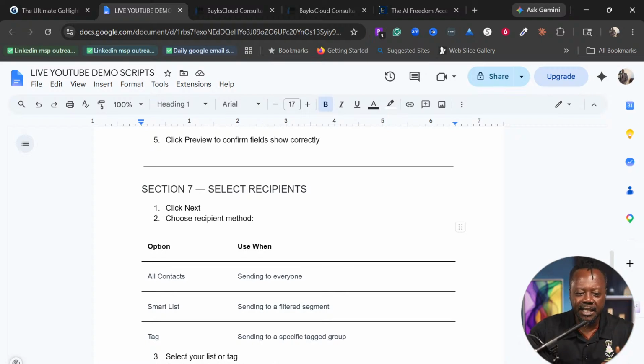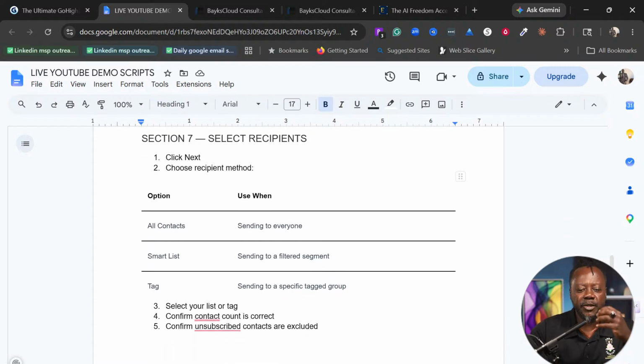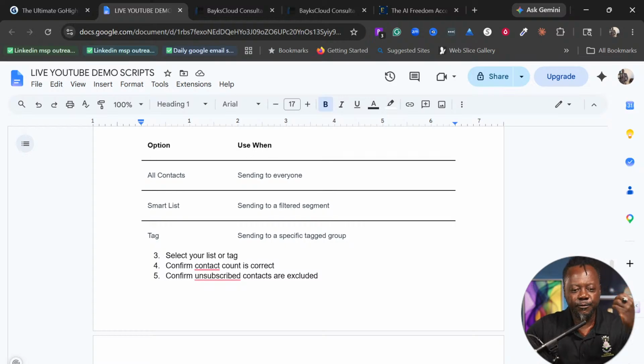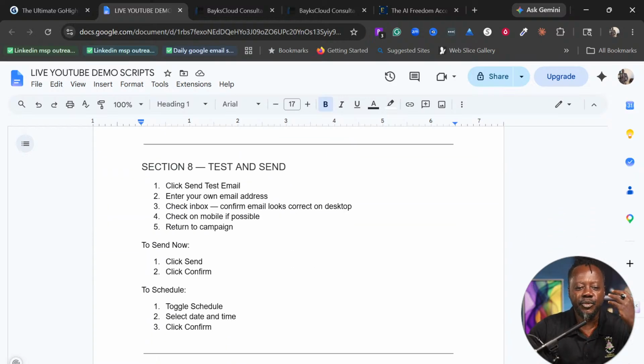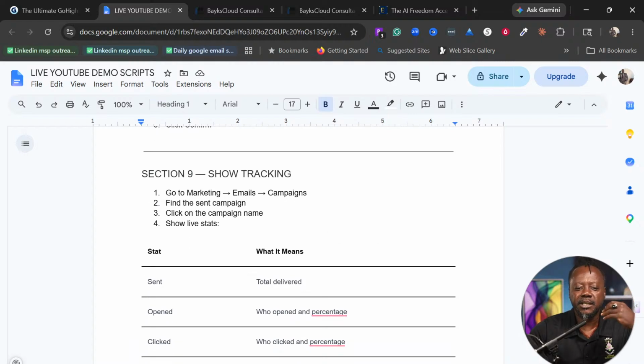And then section 7, we are going to select our recipient. That is when we send the broadcast, right? We are going to select either a segment of it, or we are going to choose all the contacts depending on what the agenda for that campaign is. And then we are going to test and send that email to see how it will look when we finish setting it up. And then the last part is we are going to see how we are going to show the tracking, and that might even happen